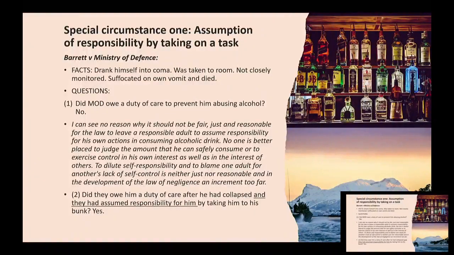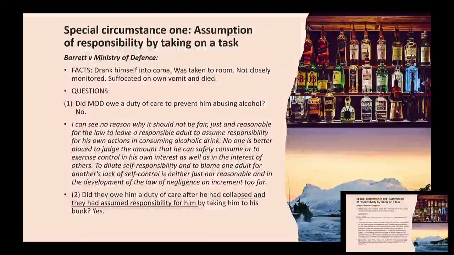There were guidance notes in the instruction manual for operating the base that said if men were unfit for duty because of alcohol, they should have the man examined by the duty medical officer. They should make sure he does not lie on his back to avoid suffocation, and they should make sure he is sighted every few minutes. Okay, so that's something particular about this case, that there were guidance notes as to how they should deal with the situation, and they did not comply with those guidance notes. They didn't get the medical assistance.